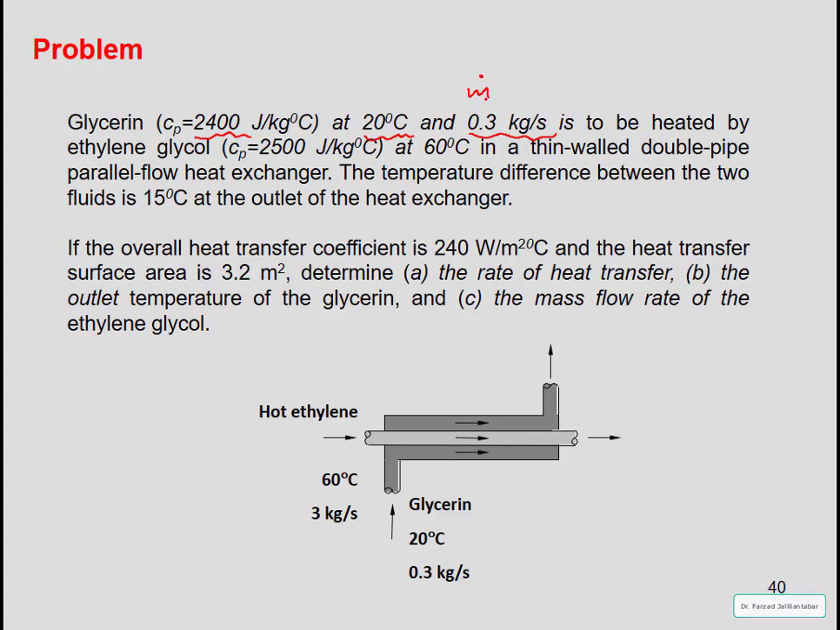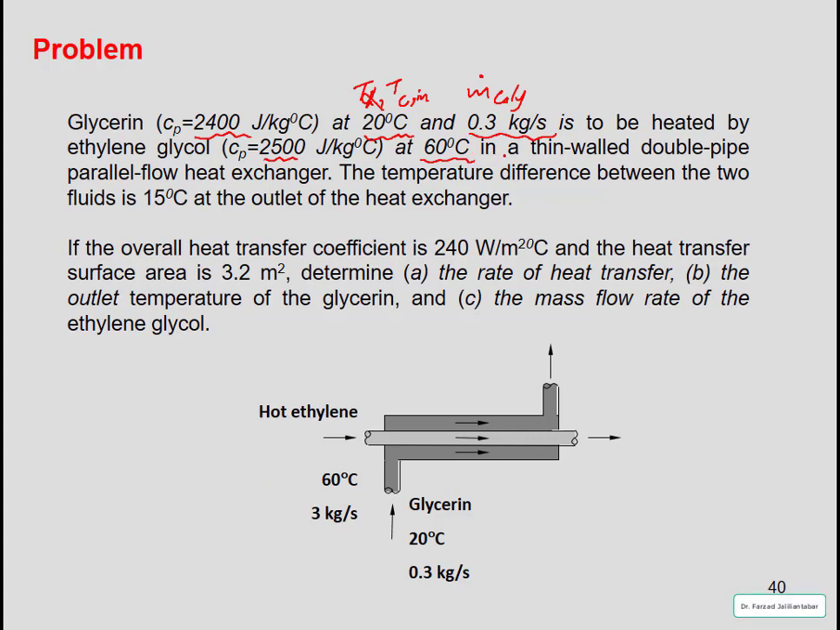So this is m dot for glycerin. It is to be heated, and this is TC in, by ethylene glycol with this specific heat. So the two fluids are glycerin and ethylene glycol, and glycerin is the cold fluid and ethylene glycol is the hot fluid, which has an initial temperature of 60 degrees Celsius. This is as shown here as well. This is TH in,